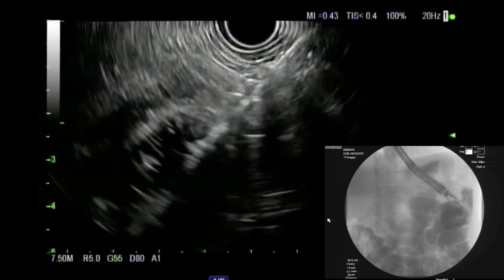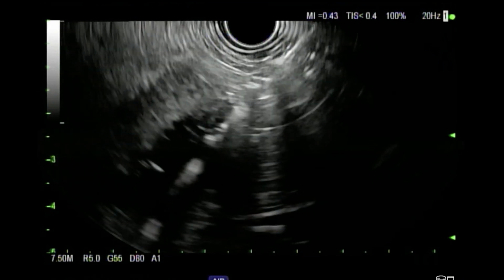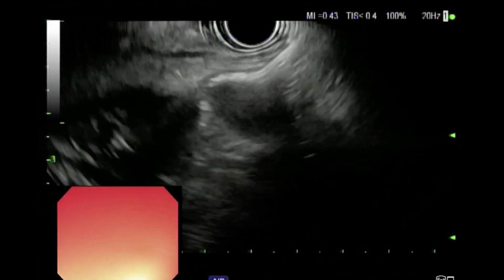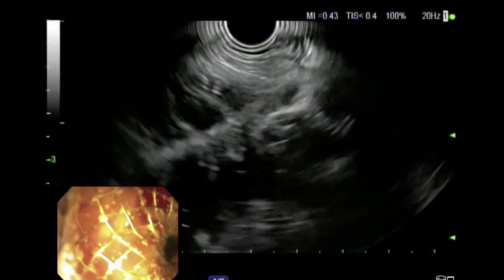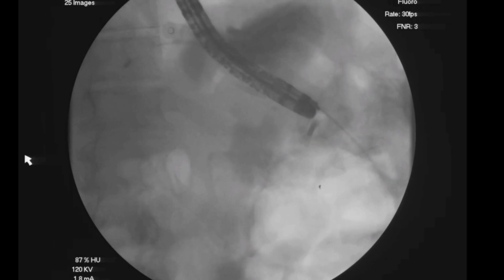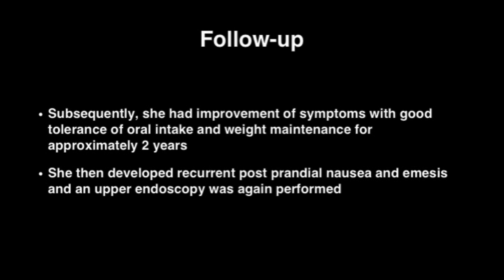We used the electrocautery LAMSs to perform the puncture, and then we deployed the first flange. After the first flange deployment, with the US and endoscopic guidance, the second flange is deployed, as you can clearly see in the video. Then, a hydrostatic balloon dilation of the lumen-apposing metal stent was performed, followed by the endoscopic confirmation of the correct position of the stent. Subsequently, she had improvement of symptoms with good tolerance of oral intake, maintained for